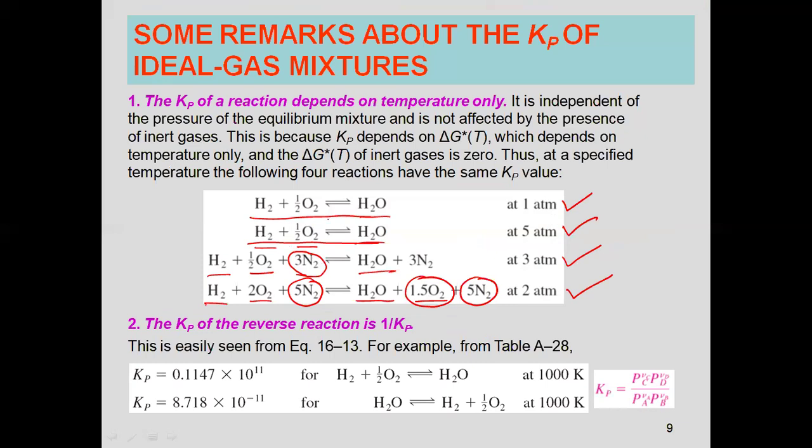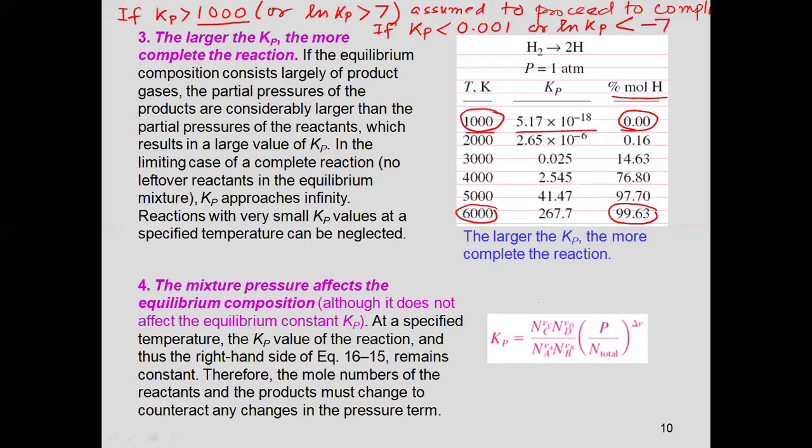But if the pressure changes, say here 1 atmosphere, here 5 atmosphere, here 3 atmosphere, here 2 atmosphere, then in the fourth point it is said that if the total pressure is changed, definitely